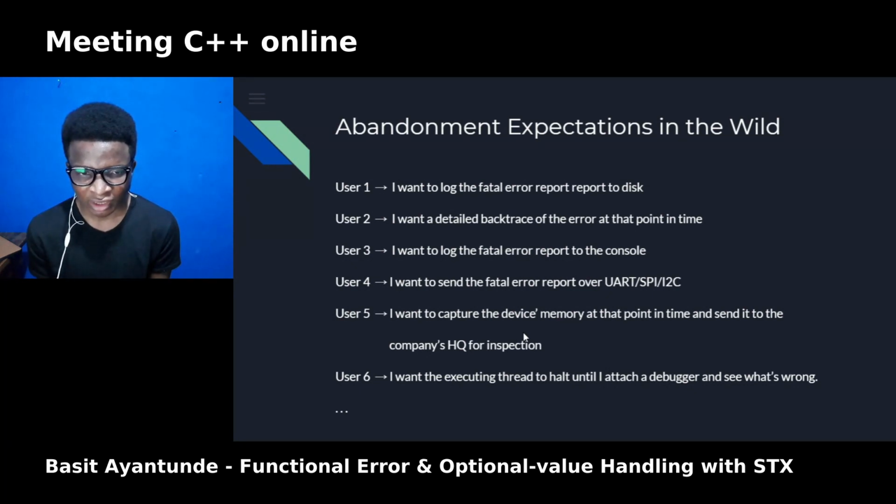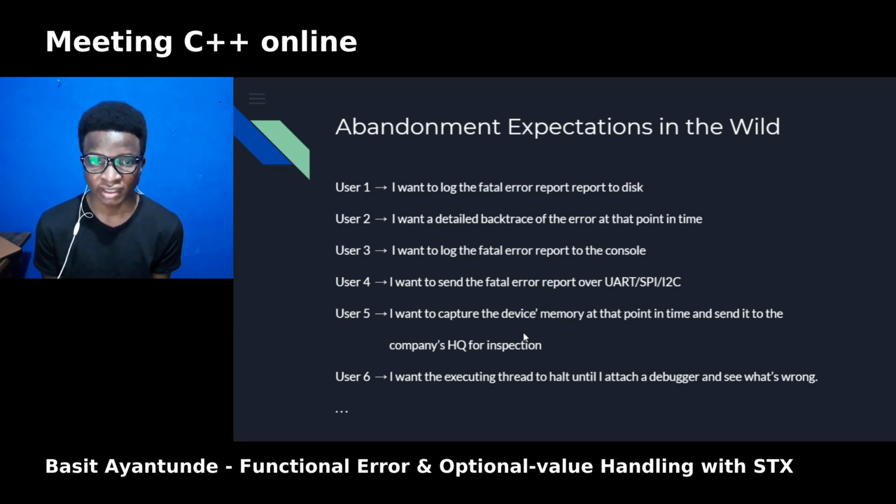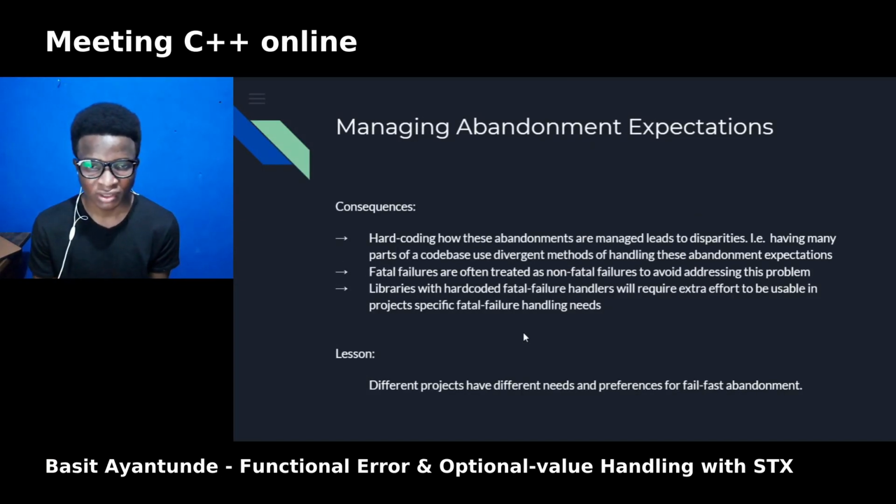I, as an embedded user, might want to log the error to UART or SPI or I2C or any wired protocol that I'm using. I might also want to capture the device memory at the point in time in which the error occurred and send it to the company's HQ. A user might also want to halt the executing thread so that the user can investigate the error. So there are various needs that arise as you get more, and more diverse, users.